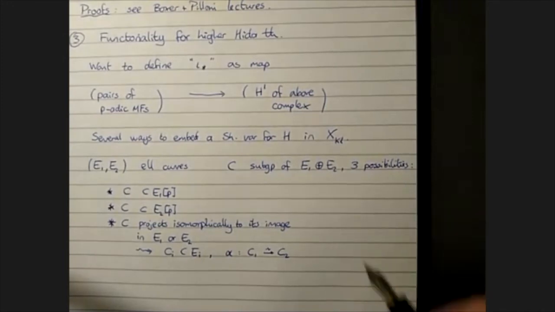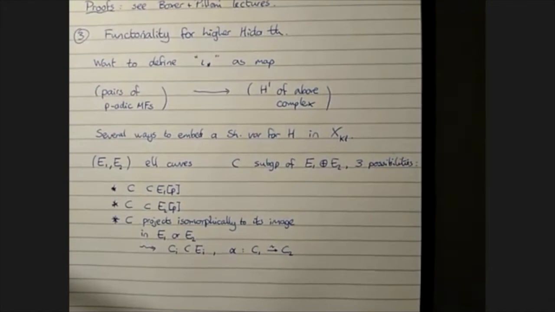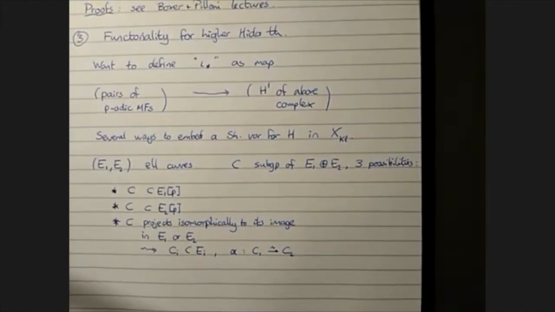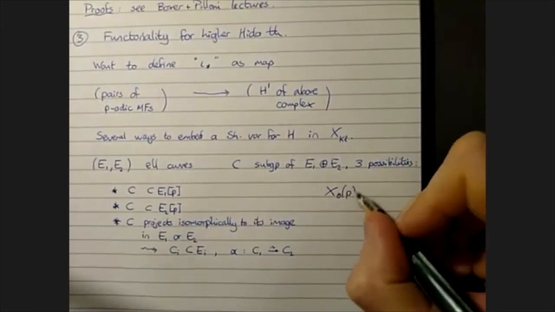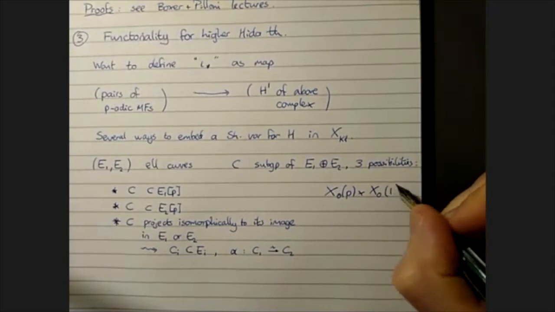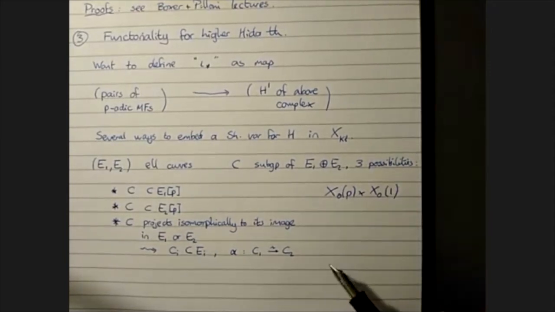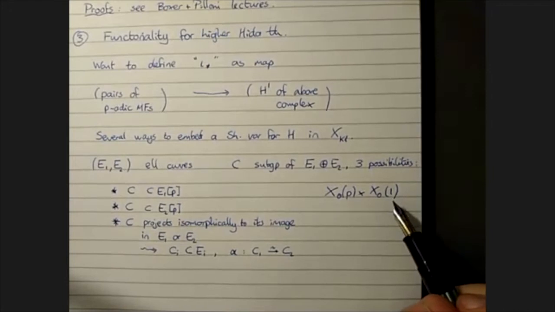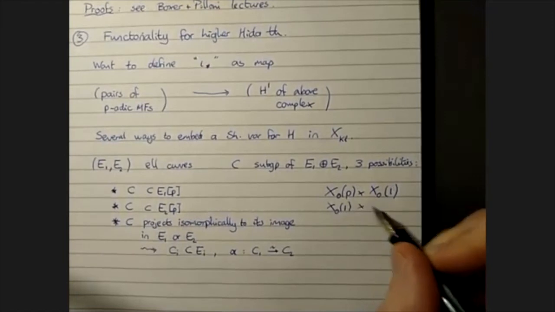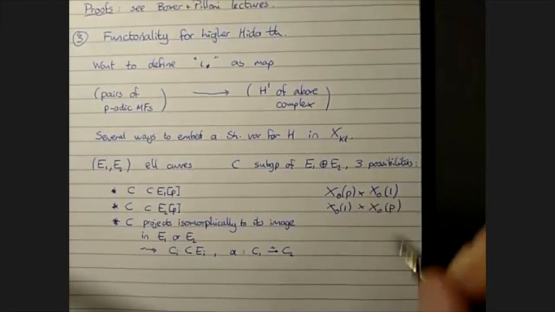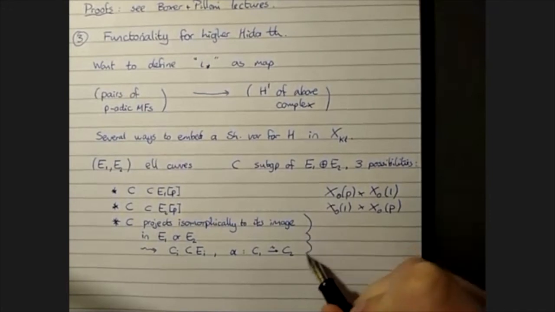So this gives you 3 ways of embedding a Shimura variety for H, which is more or less a product of modular curves, into the Klingon level guy for G. So we get here something which is basically X0(p) times X0(1), because we're parameterizing 2 elliptic curves, no p level structure on the second one, and a subgroup in the first one. And the other way around, level structure in the second one. And here we get something fancier,